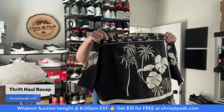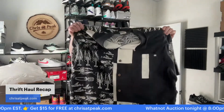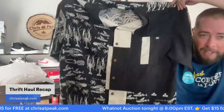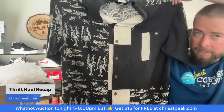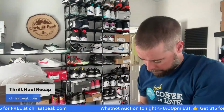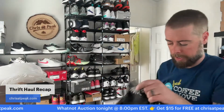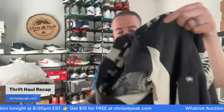Oh my gosh. This piece, my word. It's like color blocking style almost, right? You got different panels that have totally different patterns on it. And the whole thing's embossed too. So there's palm trees embossed on there too. So there's like a pattern on a pattern. There's